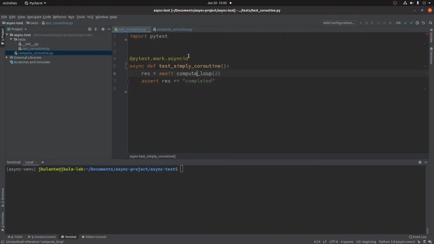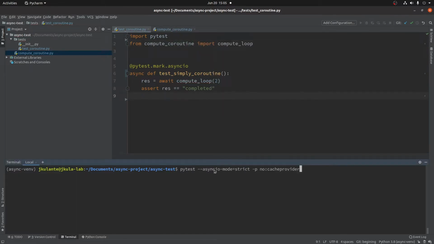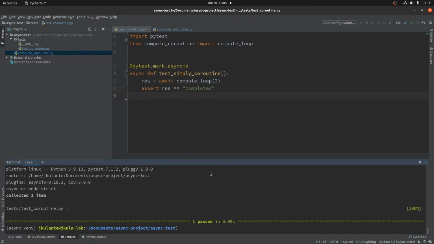Now the compute loop is not defined. We need to import that: from compute coroutine import compute loop. Then bingo. Okay, that's the way we can test a simple coroutine. So next